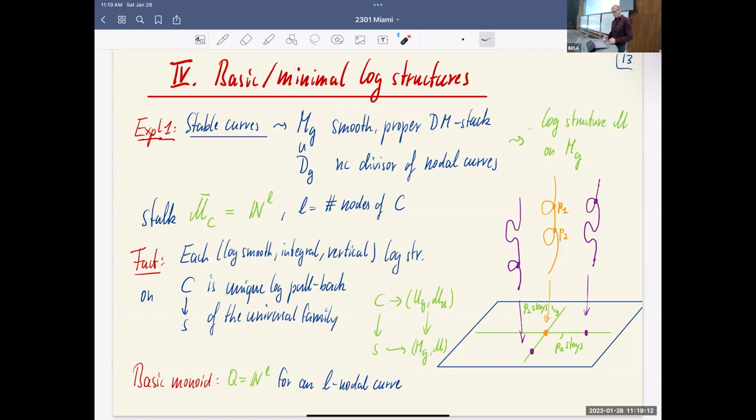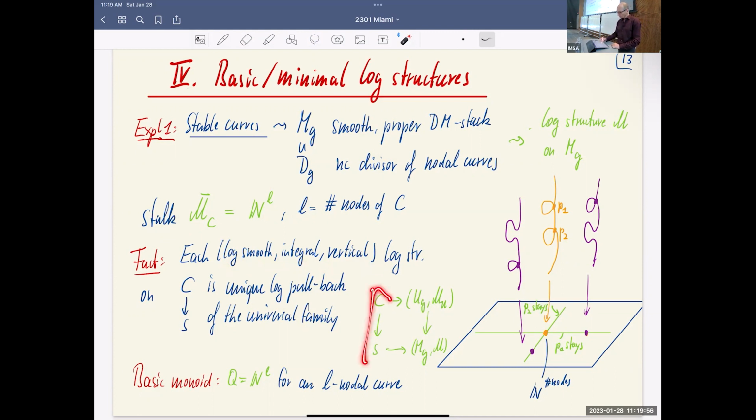And that gives you a distinguished log structure, which would put down here an N to the number of nodes, a copy of the natural numbers to the number of nodes. So here's an N to the L, the number of nodes. And then you have the fact that this log structure is universal: whenever you have some decorations of the correct things in log geometry that tells you you have a nodal log curve,